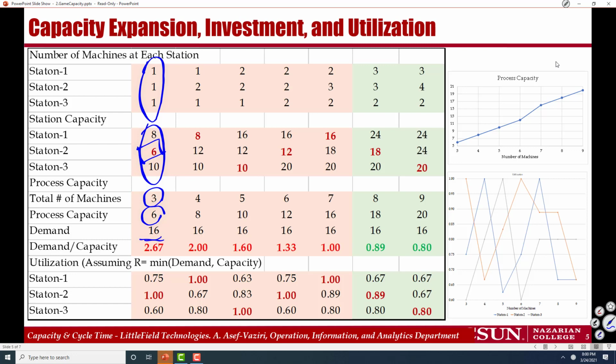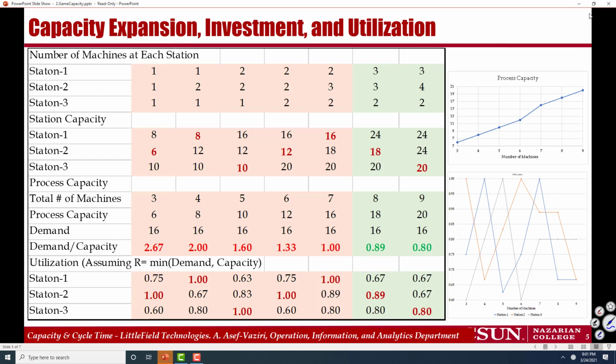And demand based on the information given to us is 16. We never can produce at capacity, always throughput is less than capacity, but for simplicity as estimates, suppose we produce at capacity. If we produce at capacity, therefore throughput would be 6, and therefore utilization of station 2 is 100%, and station 1, because its capacity is 8 and we are producing 6, is 75%, and utilization of station 3, because the capacity is 10, would be